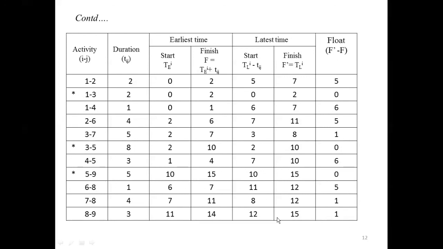Then next you have to write the critical path, and hence the critical path is 1-3, 3-5 and 5-9. This is the critical path. Then next, after writing the critical path, you need to write the total duration of the project. From 1 to 3, the time duration is 2. Here you write 2. 3 to 5, you have 8. Here you write 8. 5 to 9, you have 5. Here you write 5. Then total you will get 15 days. This is the solution for the given problem.